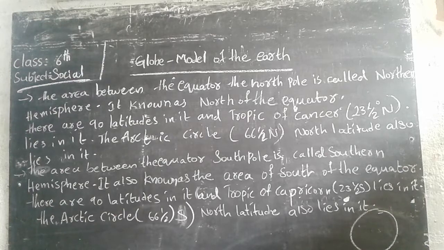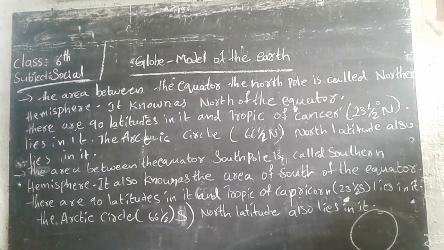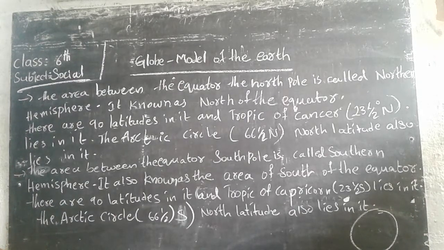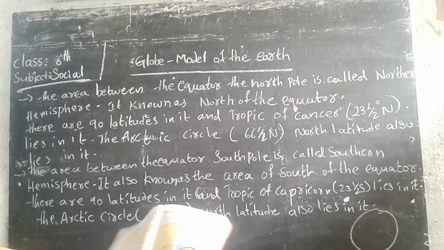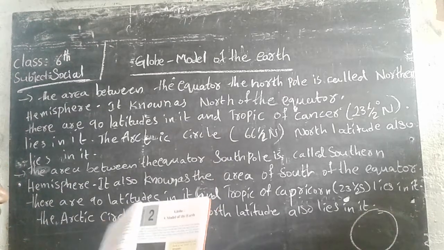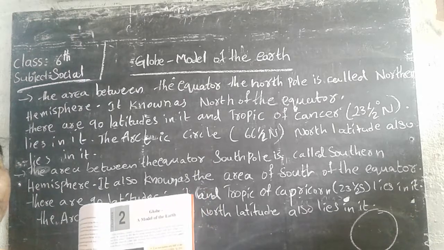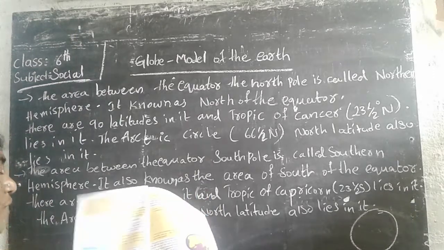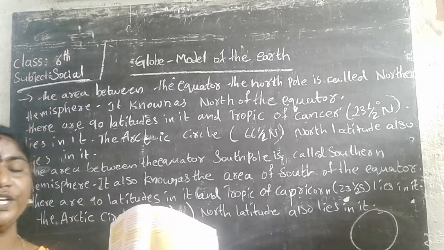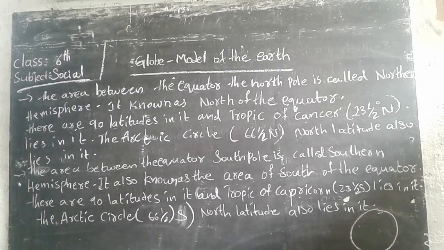Now, up to here we should learn up to page number 10. The second lesson starts on the 9th page. Up to here, the first 10 pages we have to finish. You should read and write the tables that are there and write the notes also. The first lesson's question answers should be written. I am saying page number 7.